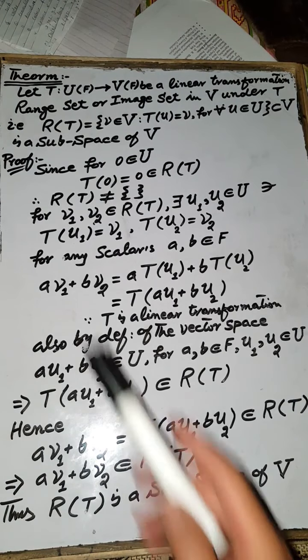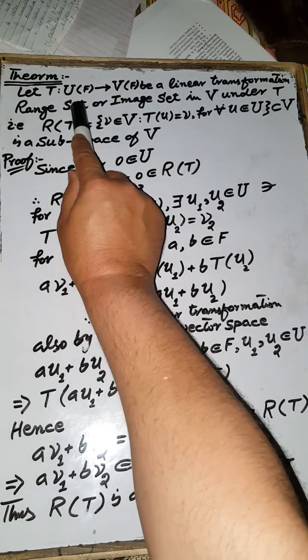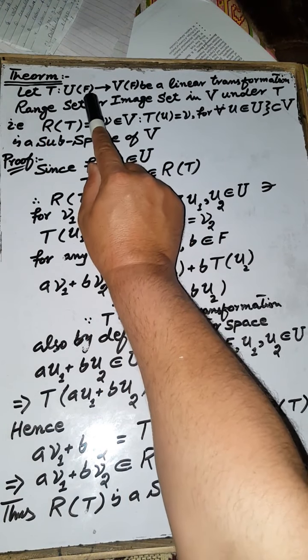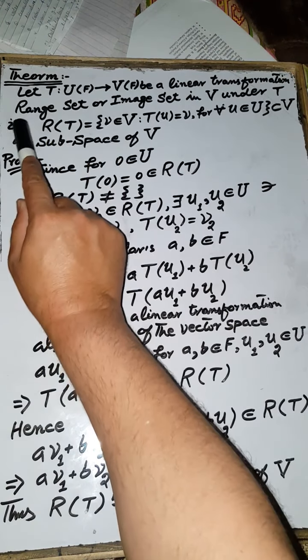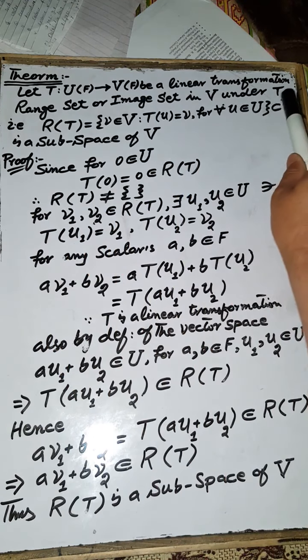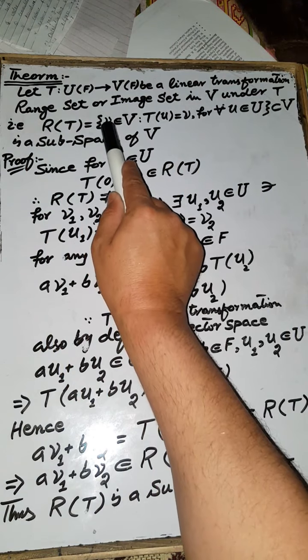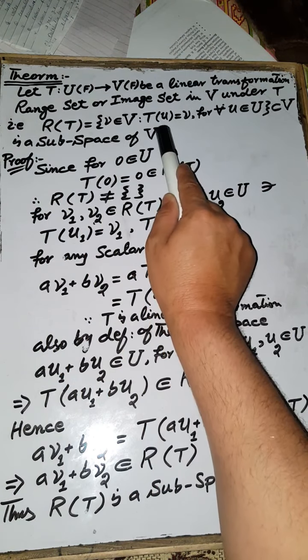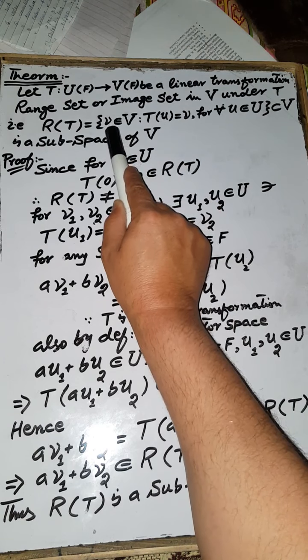Bismillahirrahmanirrahim. Now our next theorem: let T be a linear transformation from the vector space U to the vector space V over the same field F, then the range set or image set in V under the linear transformation T consists of those vectors v of the vector space V over the field F such that these vectors v are